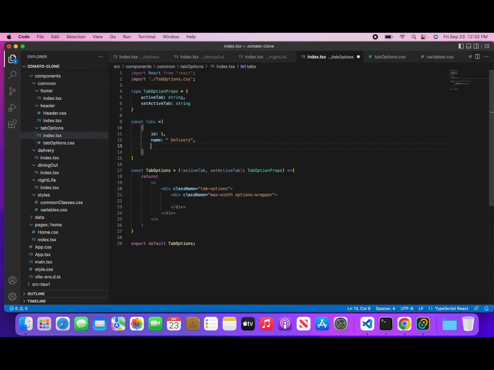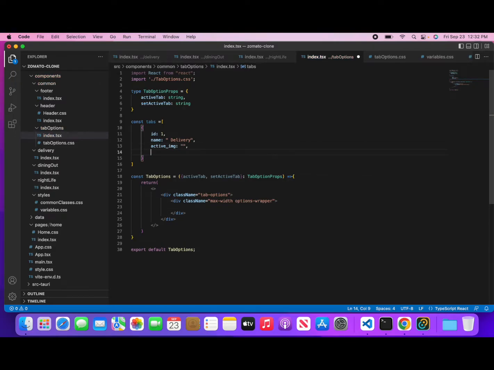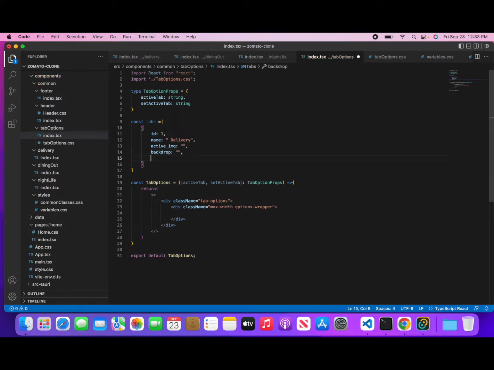We'll be having an active image active img, right? Active image and we'll be having another backdrop. Backdrop will be set to color है। यहाँ भित्र हाम्रो चाहिँ कलर रहन्छ and for that I'll be saving active img है। inactive image हुन्छ है। This is what we'll be creating for the three